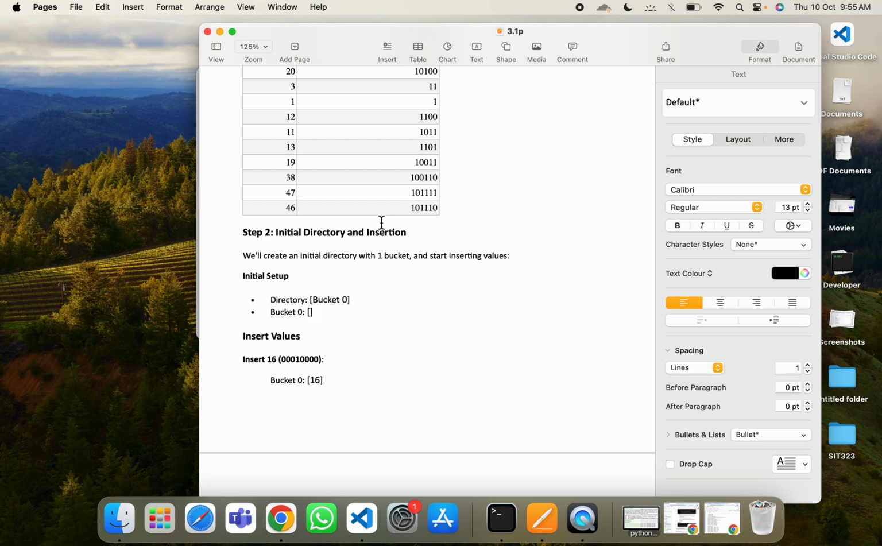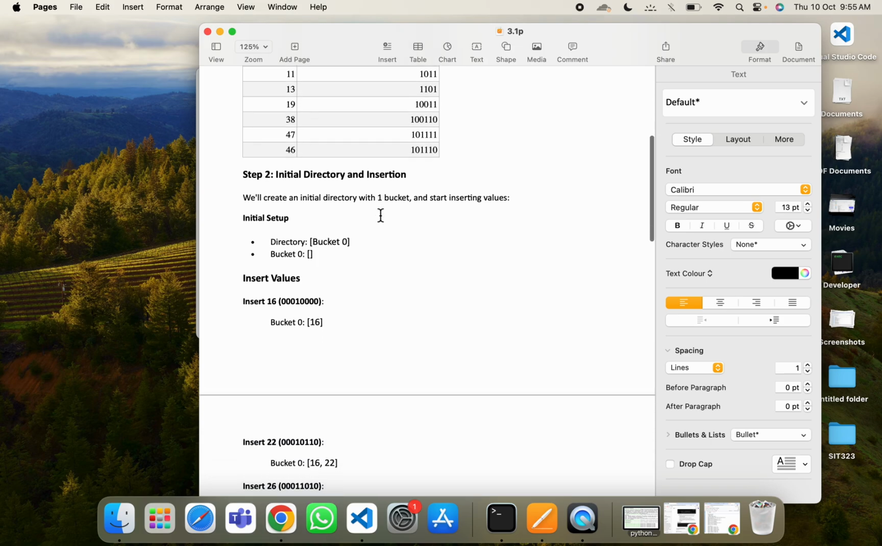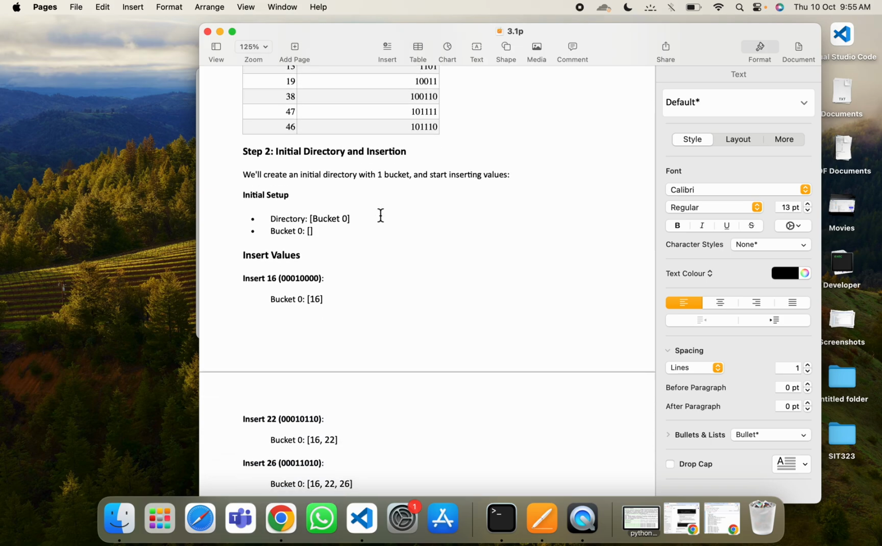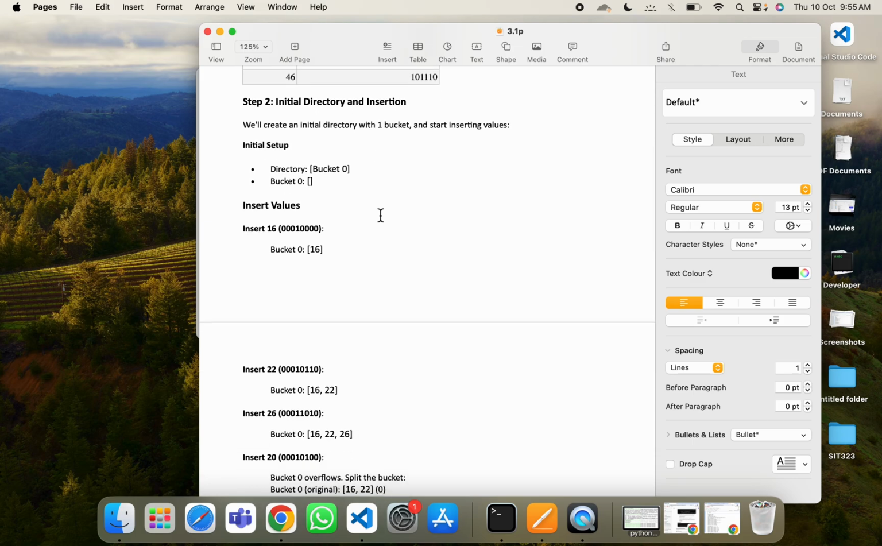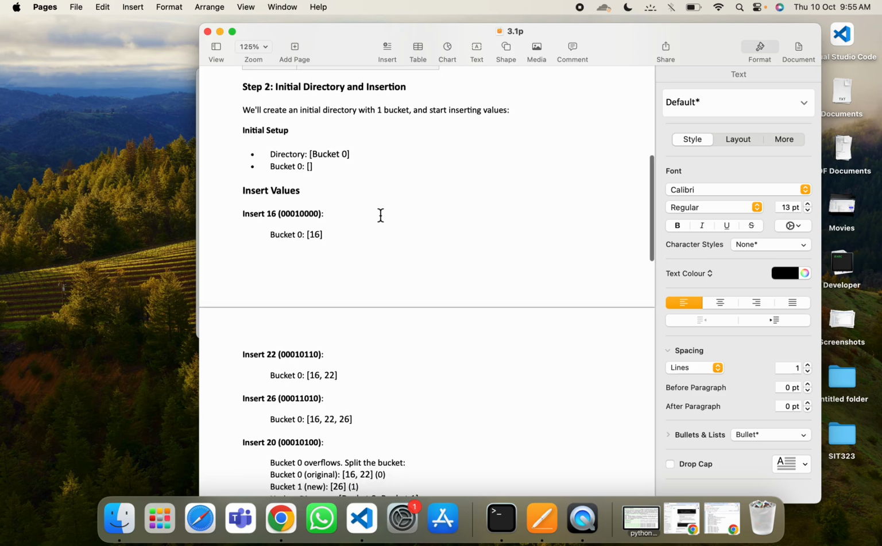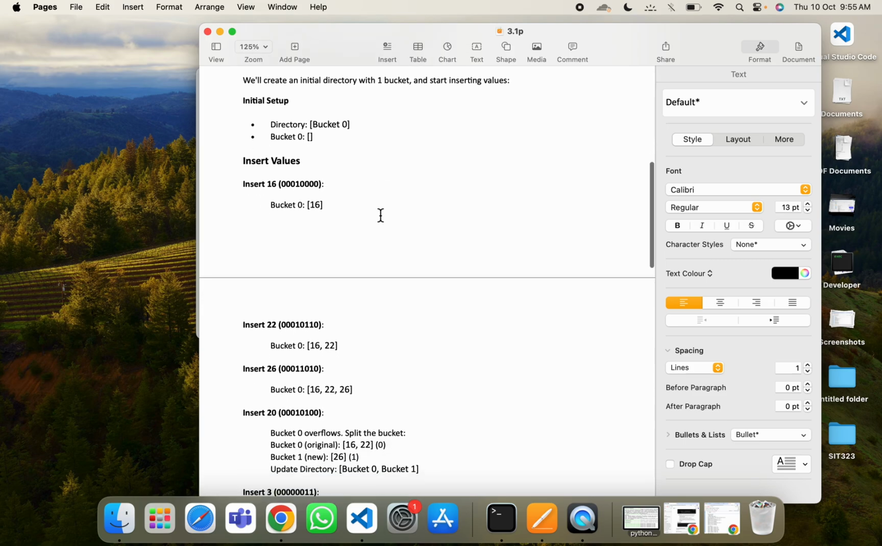So in the directory we will start with one bucket, and bucket 0 will initially be empty. Then we will insert values. So the 16 will go in bucket 0 and the state will be no overflow. Then the 22 will go in bucket 0 again, with the state of no overflow. And